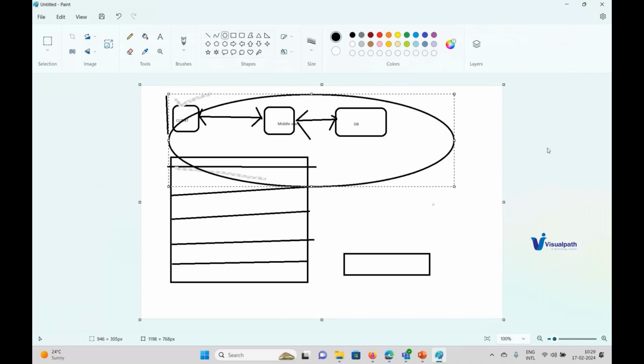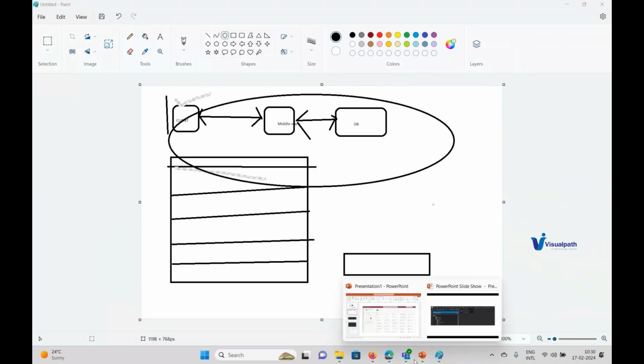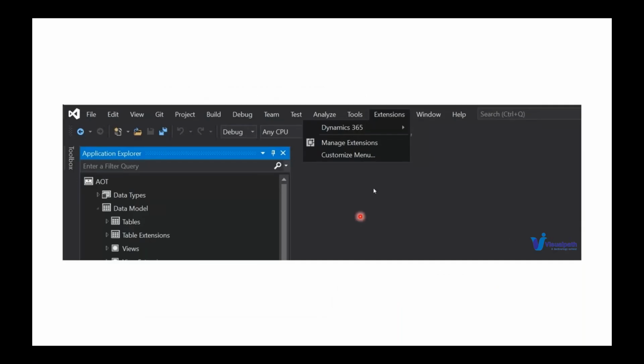Now, D365 uses Microsoft SQL Server, because it's a Microsoft product. Earlier, in other versions, there was support for Oracle, but now they have removed that support. Now it is only SQL Server. And then the Object Server, which I showed you. All the logic resides here.